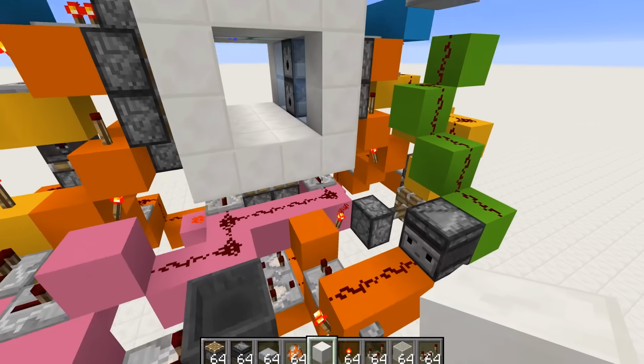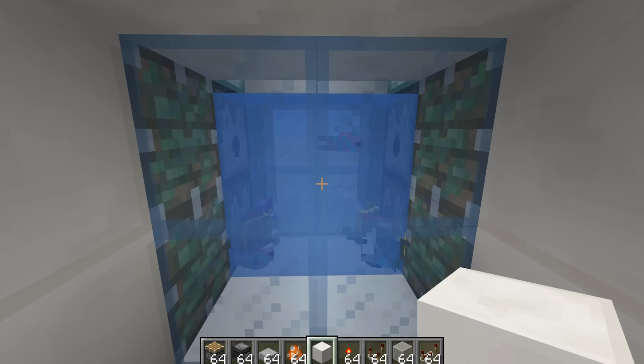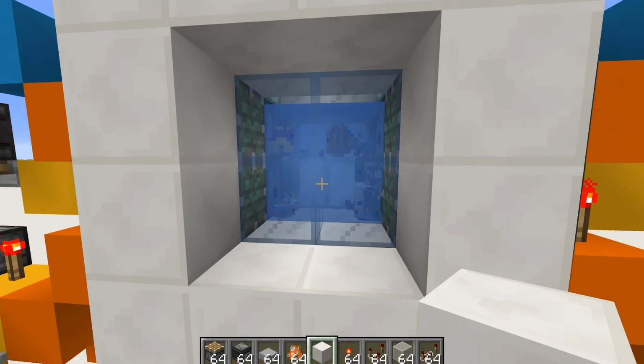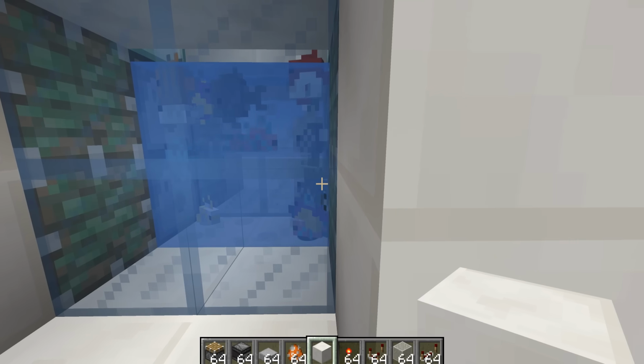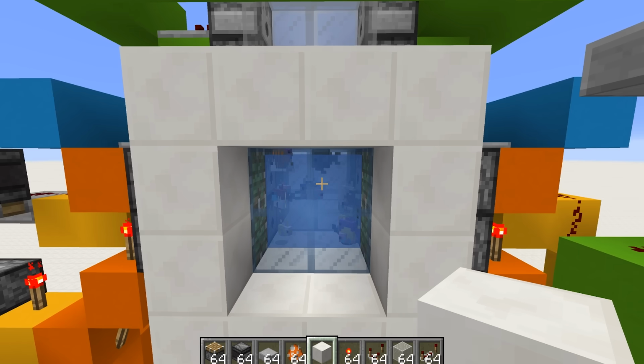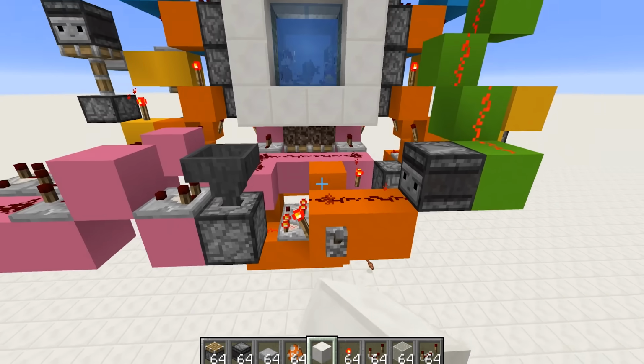But let's give this a test. So there we go. The fish have just dropped down. And there we have our little aquarium. They're a little bit reluctant to move, as I say. Eventually they should start swimming about. But there it is. So there is our little aquarium system. And then if we flick the lever again...